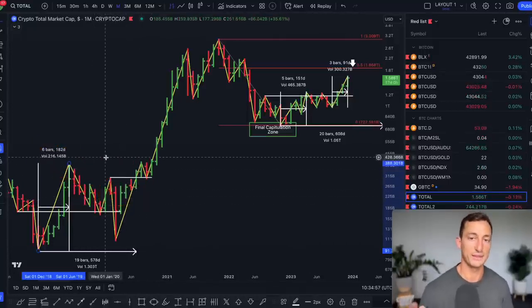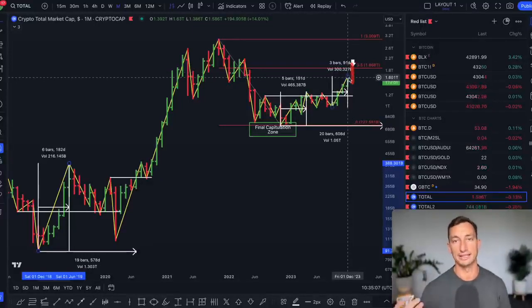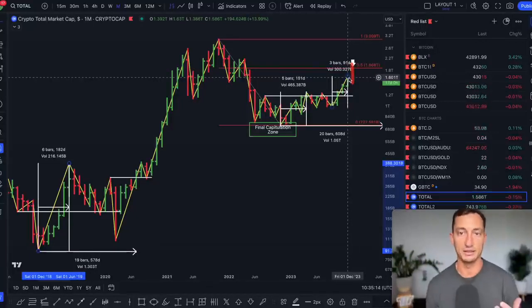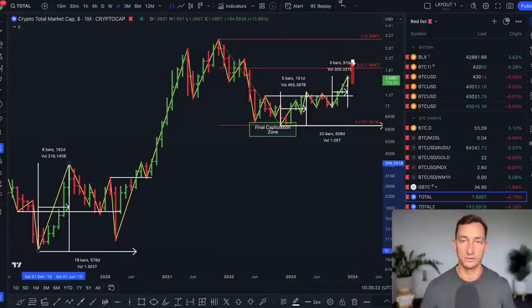So that's why I'm talking about this could have one more attempt here, but would potentially be led by Bitcoin and potentially some ETH as well, because this is the total market cap. And then that could lead us into the pullback going into the halving. So all of that hype of the ETF and the halving could eventually wear off, and then we've got to circulate for a new narrative leading into the second half of 2024.